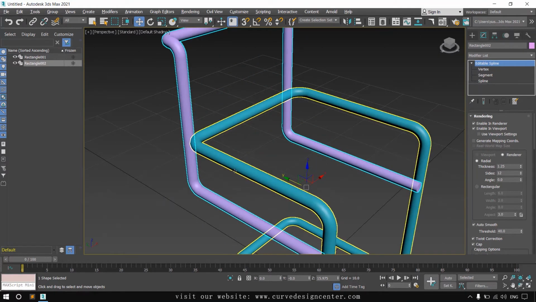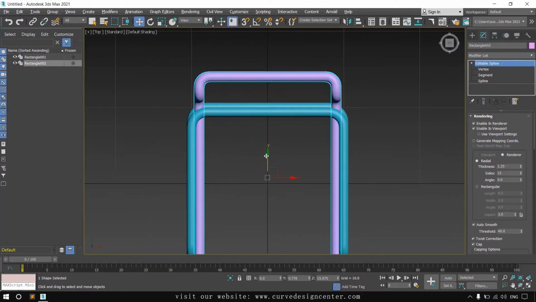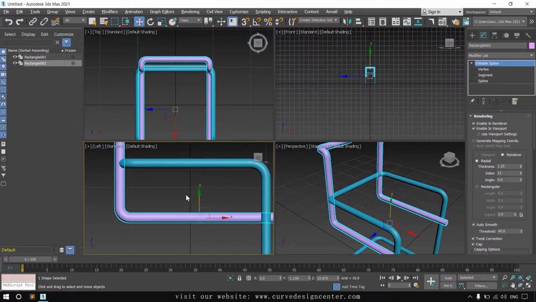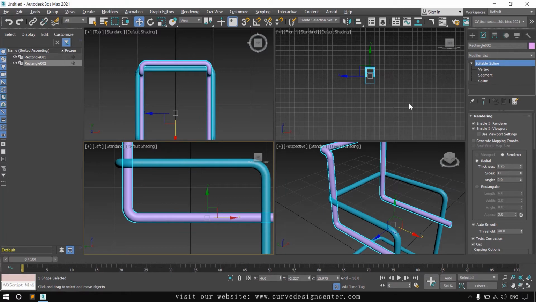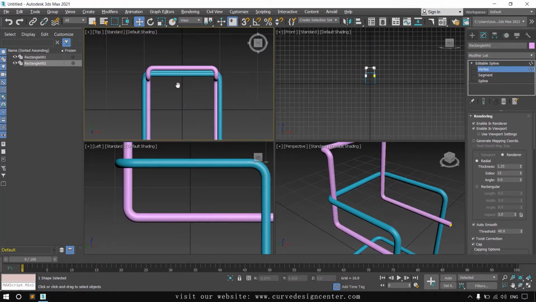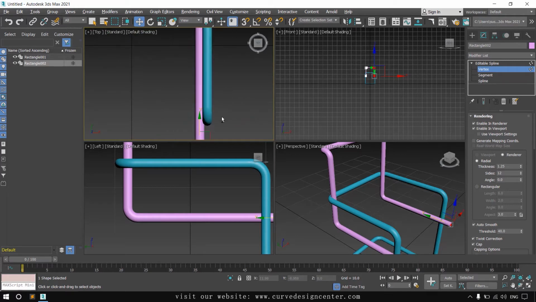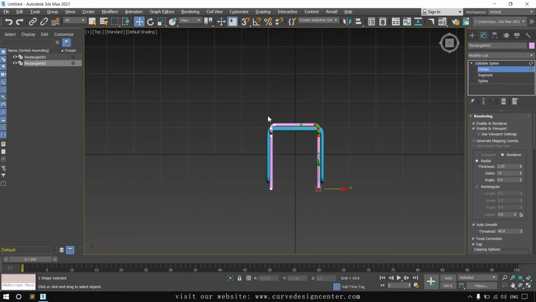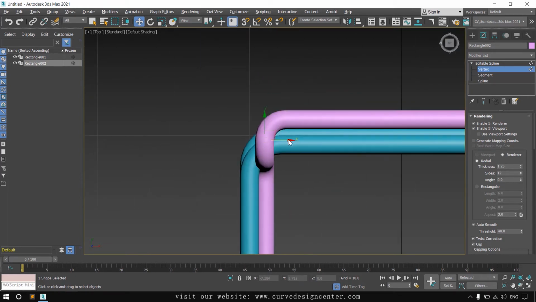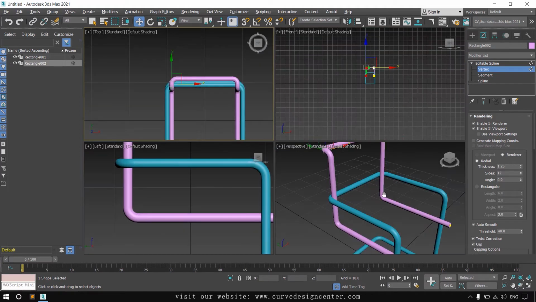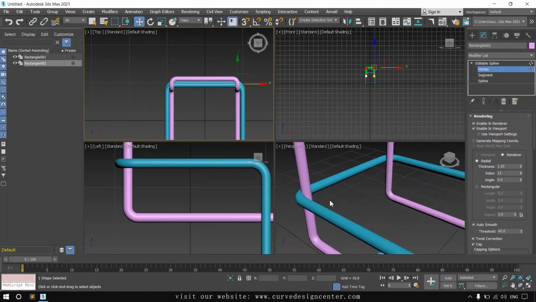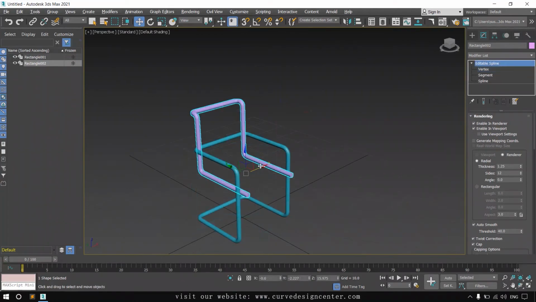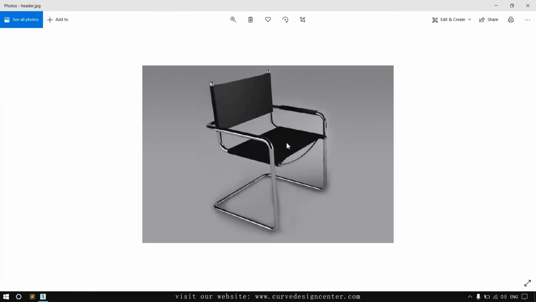If there is any overlapping, you can fix this from the top direction. Okay, it's fine.